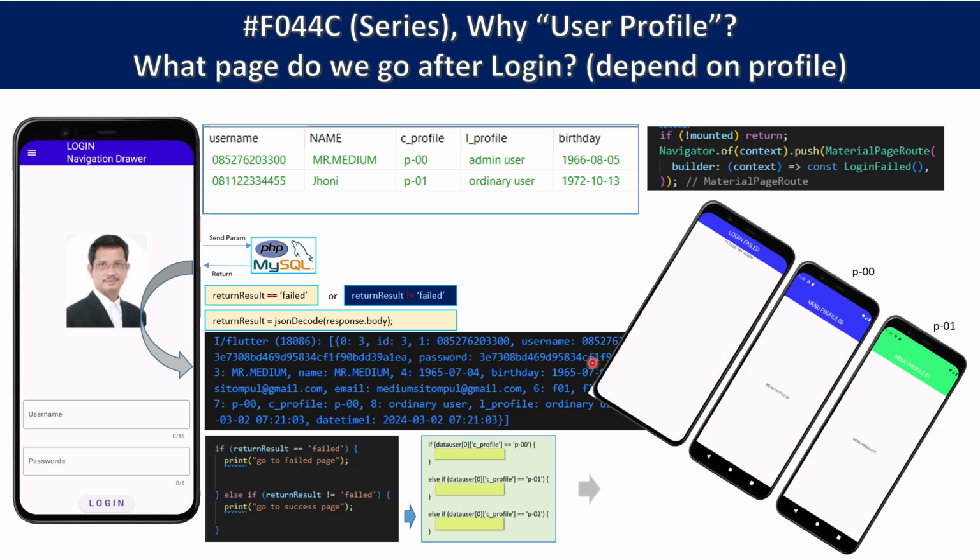Maybe your Flutter script makes a direction or navigates to the menu page 00, 01, and so on.